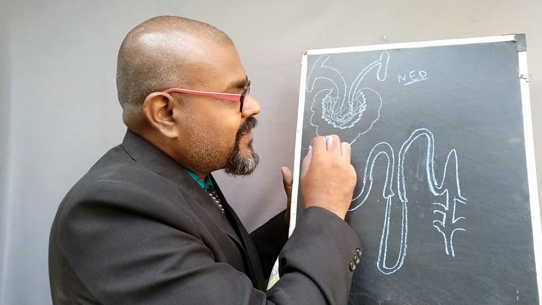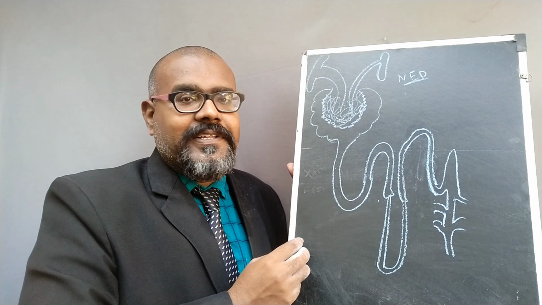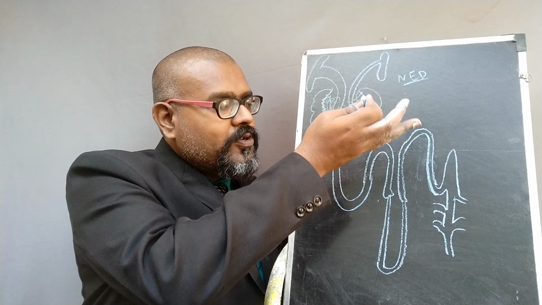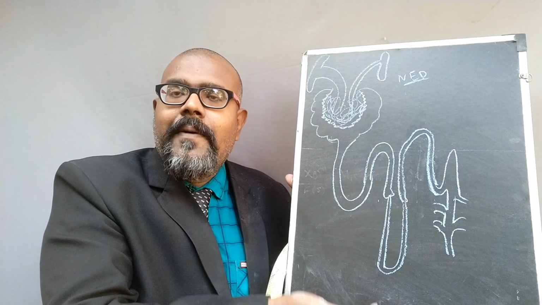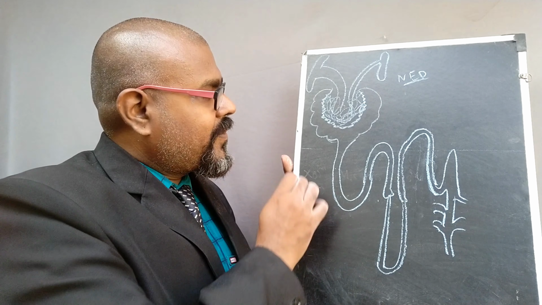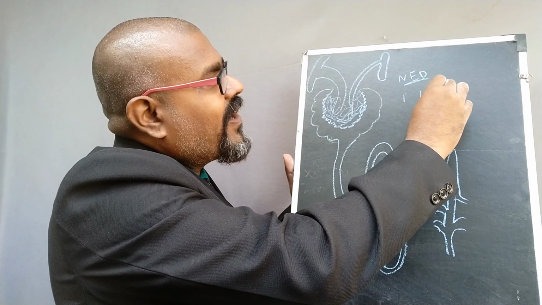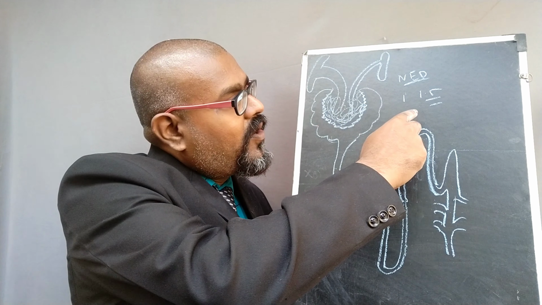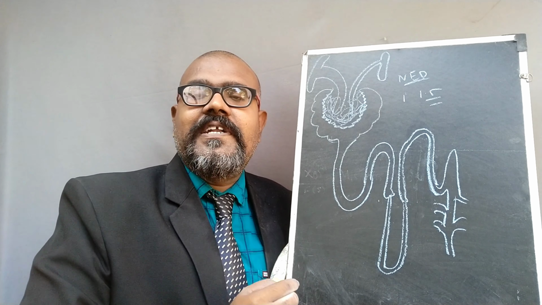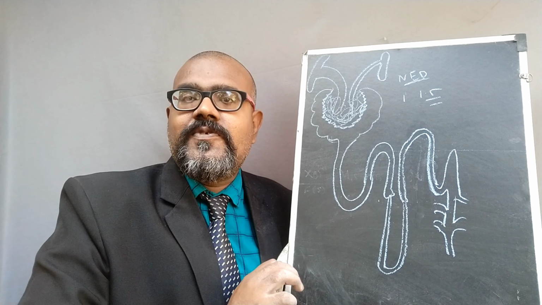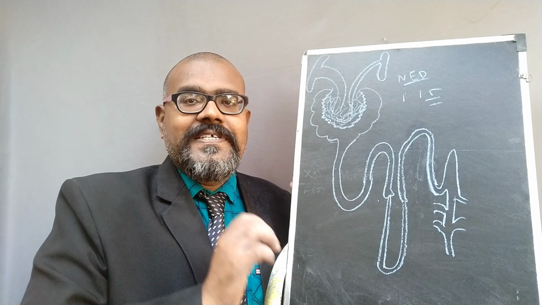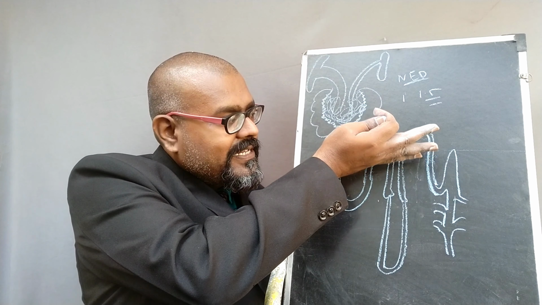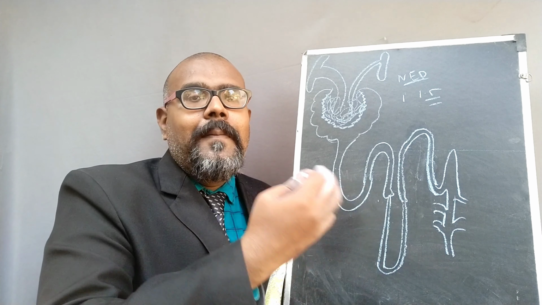That is in the anterior portion. If you draw a line like this, all the things in the anterior portion are present in the renal cortex region. Then the posterior parts of this nephron are present in the medulla region of the kidney. There are over 1 to 1.5 million nephrons present in each kidney. We have a pair of kidneys, so totally 3 million nephrons are present in an adult. Please remember, the anterior portions are all present in the cortex region, and the posterior portion, below the line, is present in the medulla region.